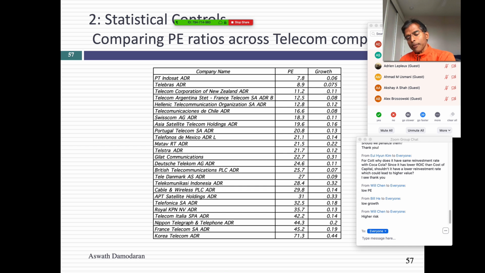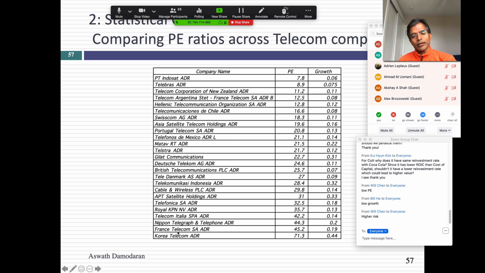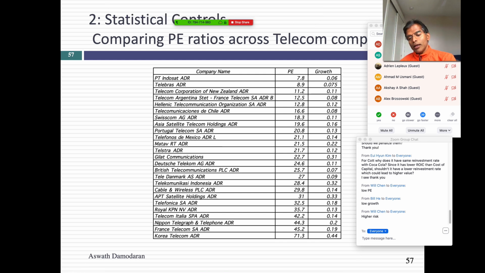Let's take a second example. This was in the 1990s when a lot of emerging market telecom companies were privatizing and going public. So I'm now the telecom analyst in the US, and this is my sector. So again, I'm going to put out buy recommendations on 2 companies. And I want you to tell me again what I'm missing, and it's pretty obvious. And then we're going to talk about a way in which I can control for what I'm missing.